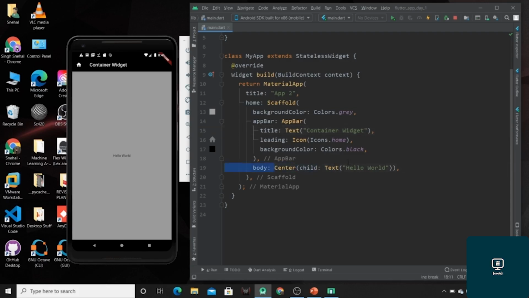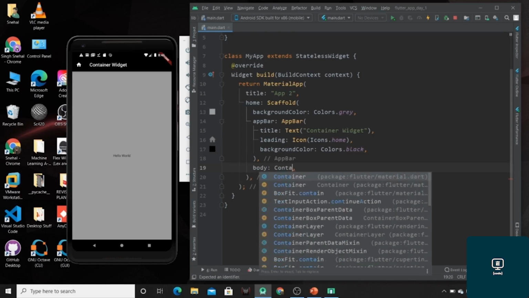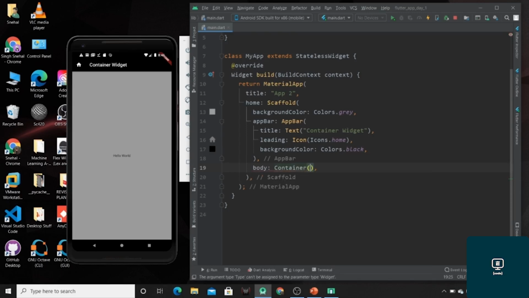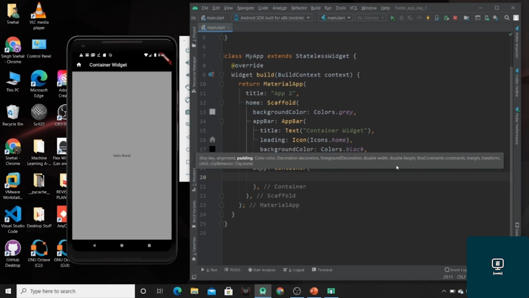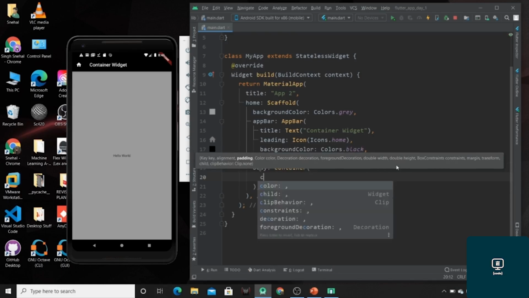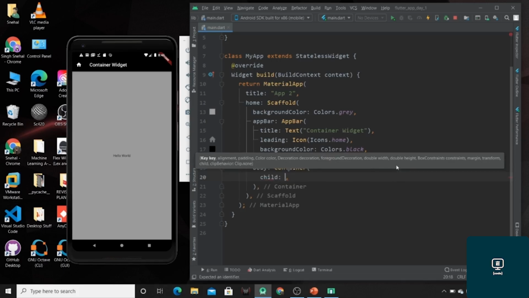Now we are going to use a container instead of this center and text widget. So just use the container widget. Now a container can specify only a single child. This child can be any widget like the center widget or text widget which we have used earlier.